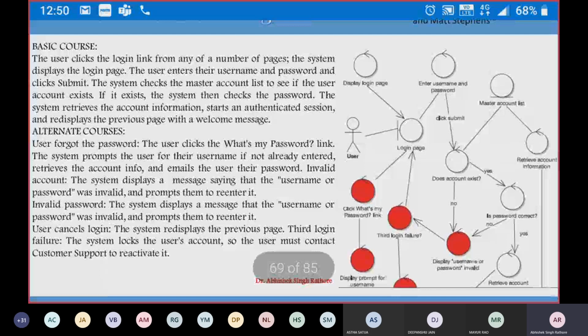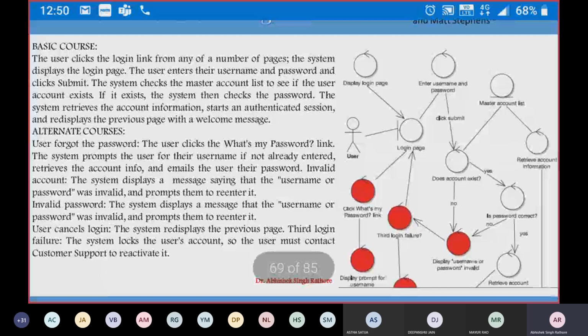If the password is correct, then the system retrieves the account information. On the right side, this retrieve information is again a controller class that retrieves account information.